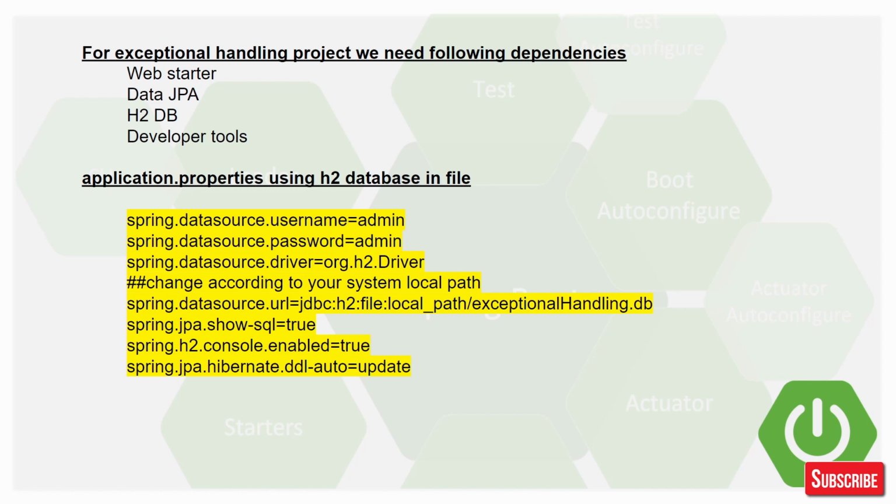What is the meaning of update is, so at the time of container startup, it will see what are the entities and accordingly table will be created for all the entities. If there is an update in your entity, that update will also be taken care of. But at the time of shutting down of your container, it is not going to drop the table. So that's the benefit. So now what we will do is, without further ado, let's go to the Eclipse and